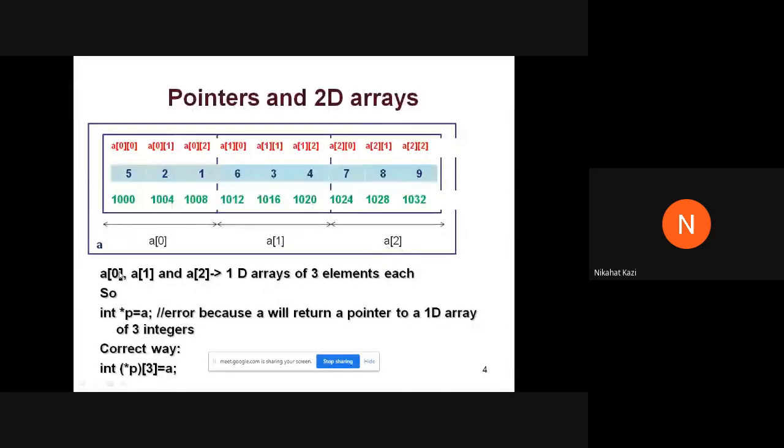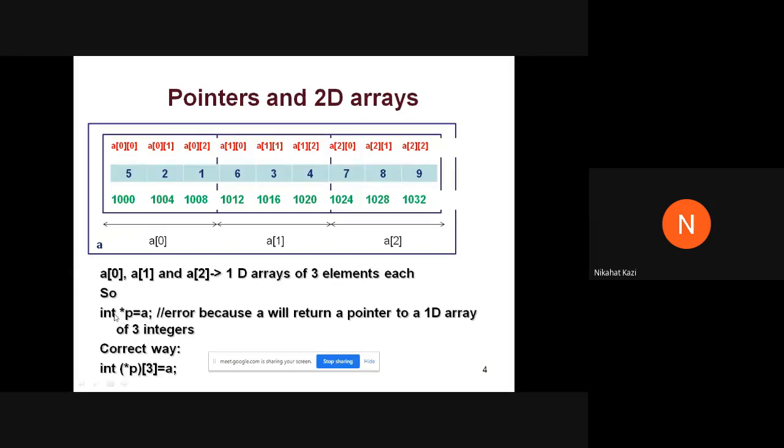These are the names. You should remember this. Whenever you have a 2D array, its elements are all 1D arrays, and they are indexed starting from 0, so 0 indexing as usual: 0, 1 and 2. There are 3 rows in the array, so there are three elements, A of 0, A of 1 and A of 2.